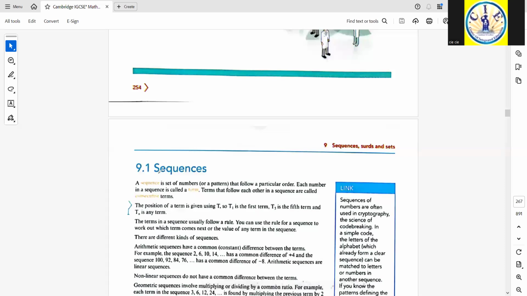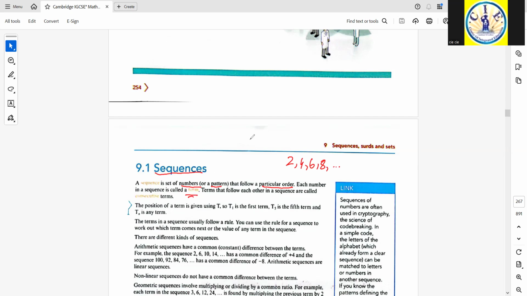Okay, what is a sequence? A sequence is a set of numbers or a pattern that follows a particular order. Each number in a sequence is called a term. For example, I've got a sequence of even numbers like 2, 4, 6, 8, and so on. It is following a particular order,